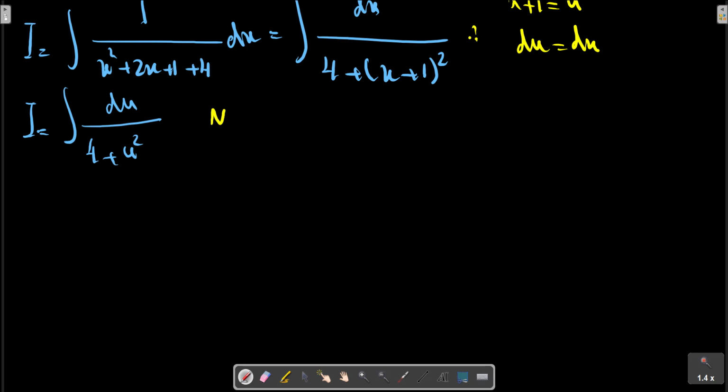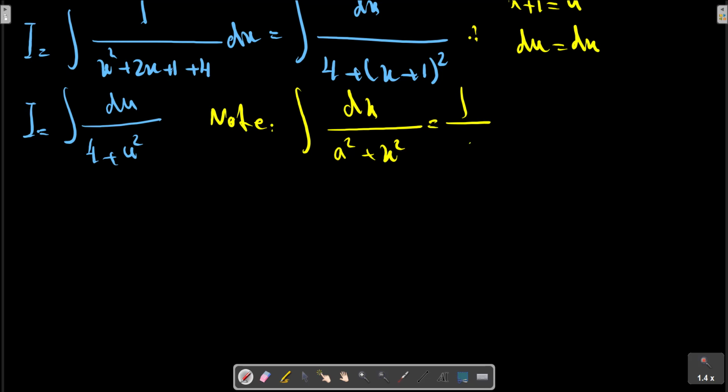Note the integration of dx over a squared plus x squared equals 1 on a tangent inverse x on a, which is a trigonometric formula. In this case, our integration